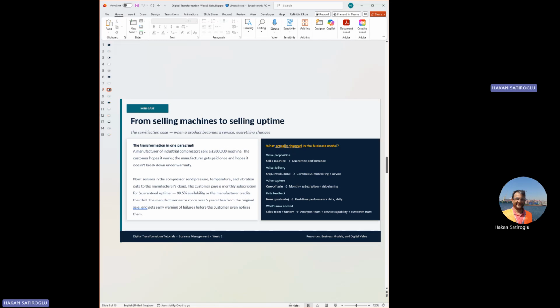So as you can see, this is their advancement. This is their technology they apply in the machine. If you go with the business value model: value proposition, value delivery, value capture, data feedback, and what is new. As you can see, this is a really good step. And if you add some two or three of them, it means that this